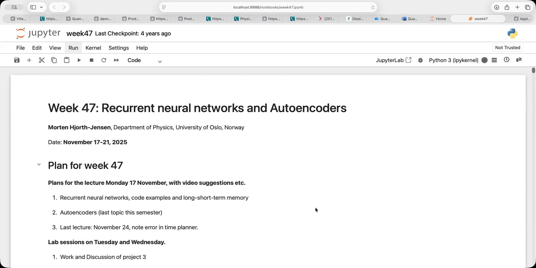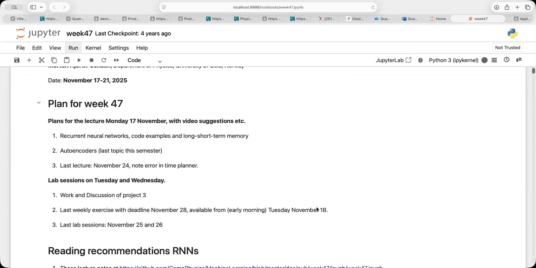But the first thing we are going to do is to look at how we can write our own code for a recurrent neural network, a simple one. So I'm going to switch back to the whiteboard and quickly remind you of the basics of a simple recurrent neural network. So let's just do that before we move on.